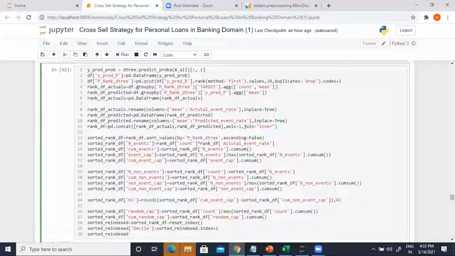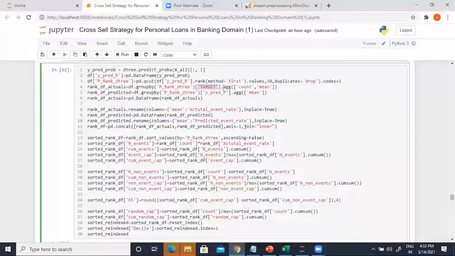Okay, so now when we do this, across these ranks, I want to see the total number of observations first of all, and I also want to see the average event rate. So I group by p_rank_dtree, and I have this particular feature target, and across the target value I apply the aggregate functions count and mean.